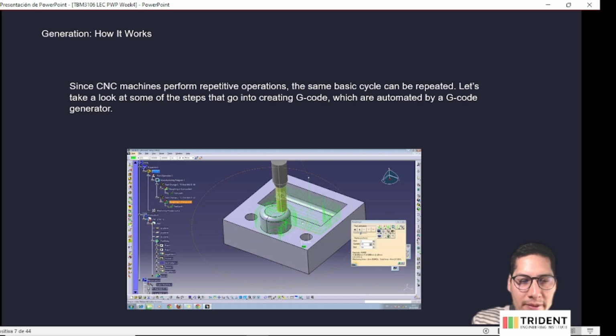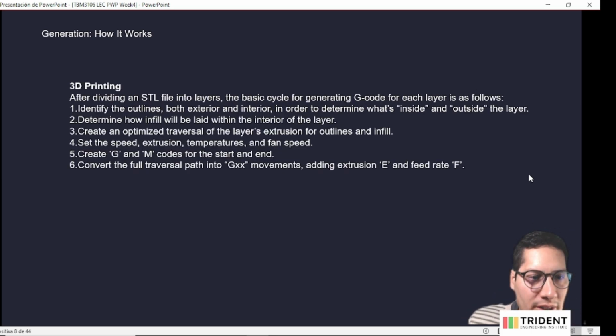Let's take a look at some of the steps that go into creating G-code, which are automated by a G-code generator. For 3D printing, the steps to generate the G-code, after dividing an STL file into layers, are a basic cycle for each layer. First, identify the outlines, both interior and exterior, determine how the infill will be laid within the interior of the layer,